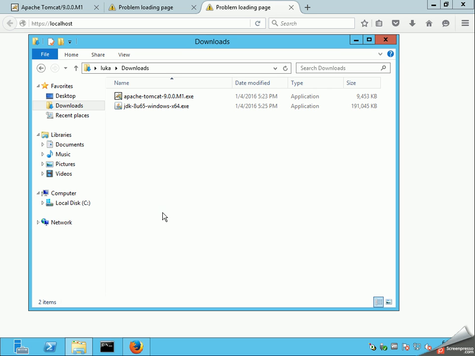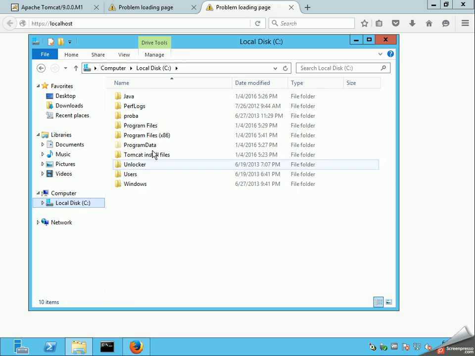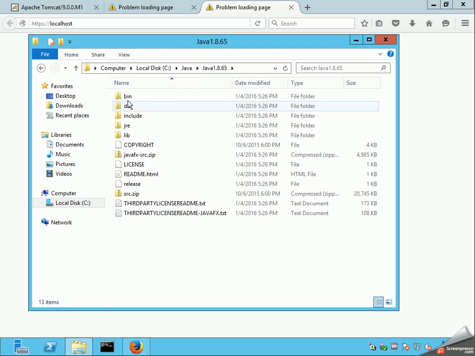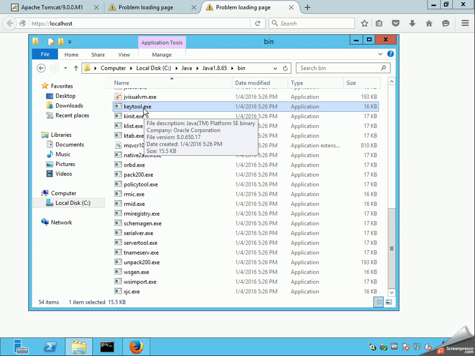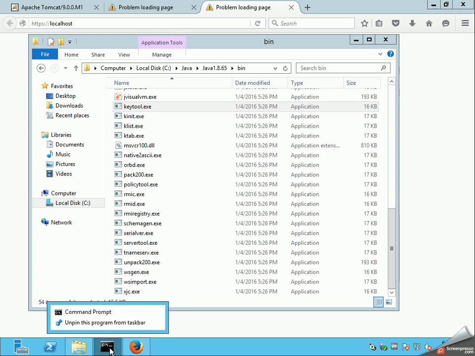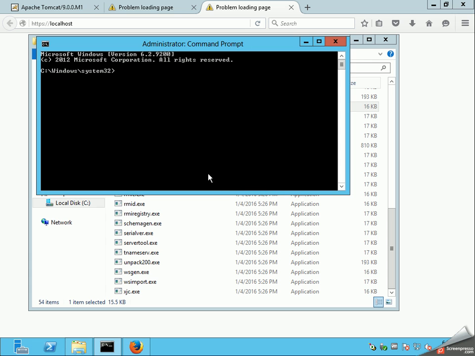Since we have already installed this JDK, if you go to the bin folder, we will see that there is a keytool.exe. This is actually the tool for creating Java keystores. So let's start the command prompt as administrator and go with cd to where the keytool resides,